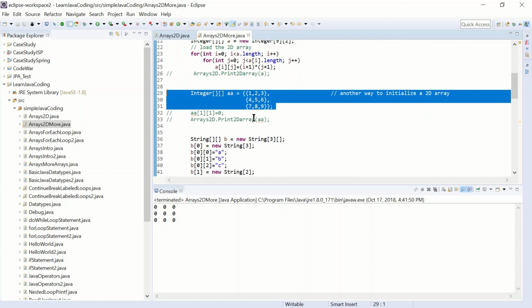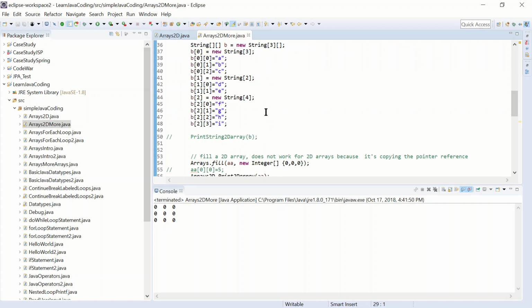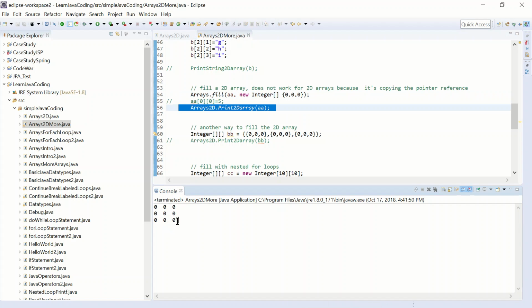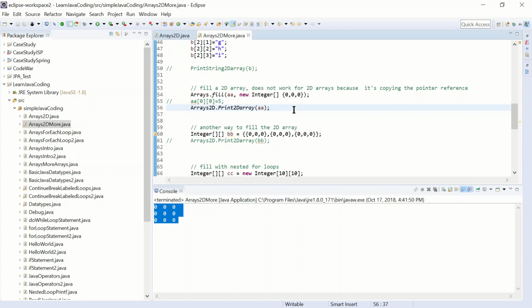This array started out with 1, 2, 3, 4, 5, 6, 7, 8, 9. But then here, I'm using this statement to fill it up with all 0. The purpose is to initialize the array to all 0, and then I print it out here. As you can see, it's filling up the array with all 0, which is pretty much what I want to do. But